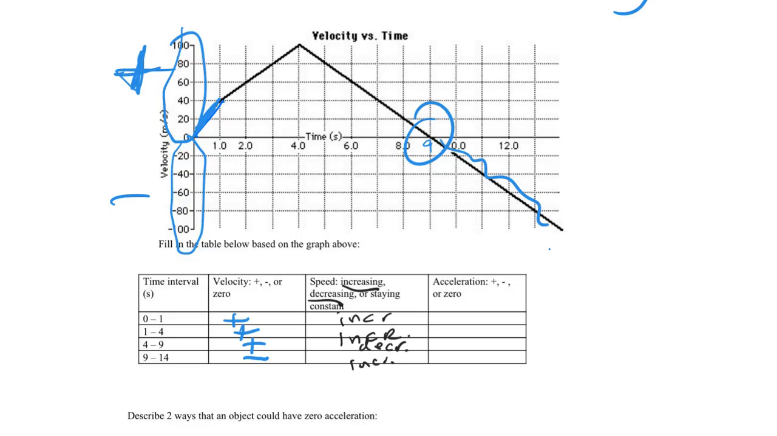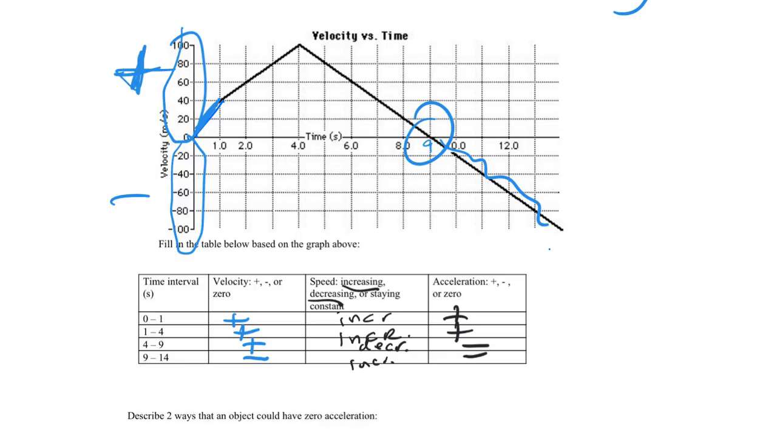But I don't even need to use the rules because I can see if it's uphill, it's positive on a v versus t graph, and if it's downhill, it's negative. So 0 to 1, positive acceleration, uphill, next section, uphill, next section, downhill, and then last section, still downhill. Now just check